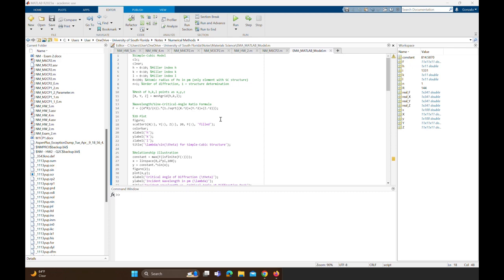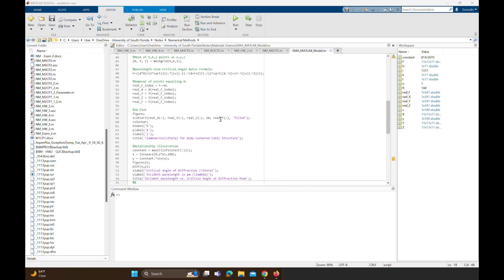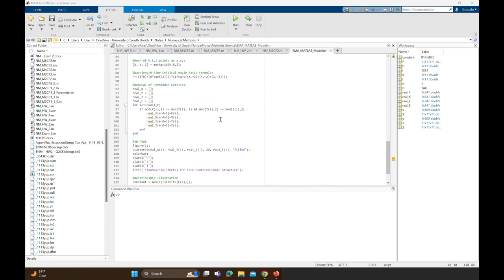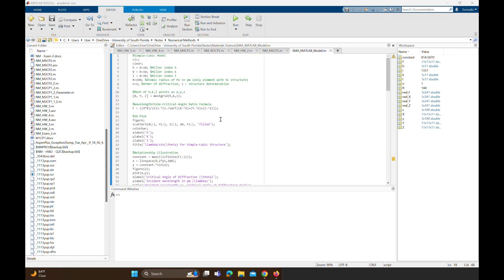So here we are now in MATLAB. This is a program that incorporates all the mathematical models that I've described previously and displays a 3D mesh for the ratio calculated at different crystallographic planes, represented through their Miller indices going from 0 to 10. And then, using the highest of those ratios, it displays the exact incident wavelength that we need for the critical angle,